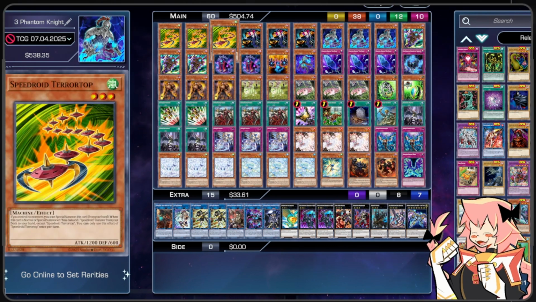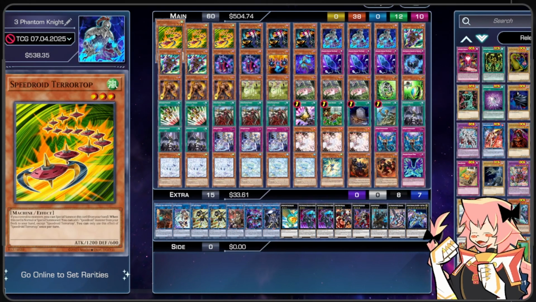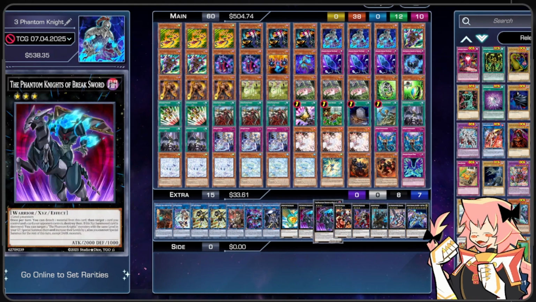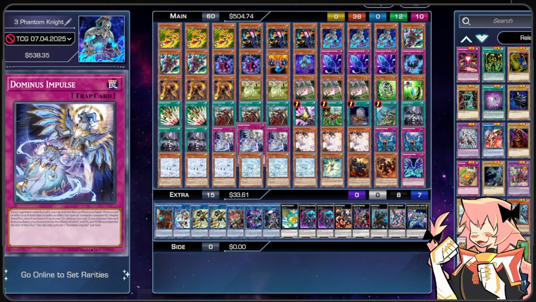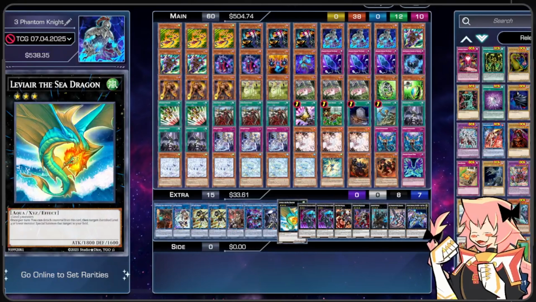can just use our Terratop as discard fodder for something like our Torrent Scale, so there was no need to actually activate it, as well as the effect that we can still just summon it from our hand. Dominus Impulse says we can't activate the effects of Lights, Earths, and Winds, but Speedroid Terratop does not activate in order to special summon itself. And also, we can just not go into Leviair. If we're going second, typically Leviair isn't the correct move anyway, so it doesn't really hurt us too bad, to